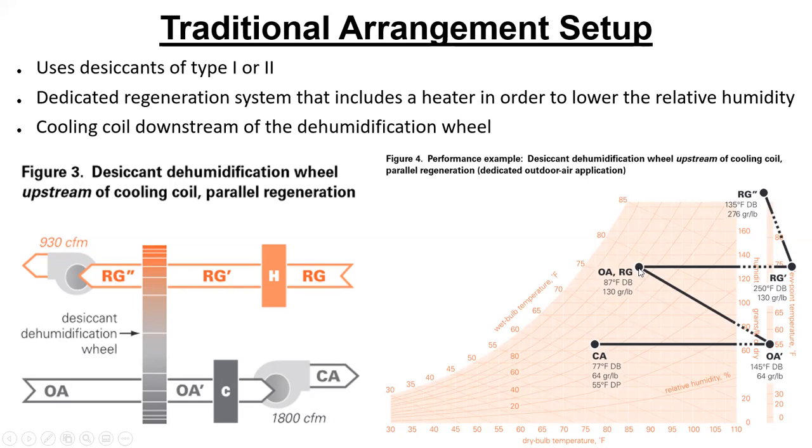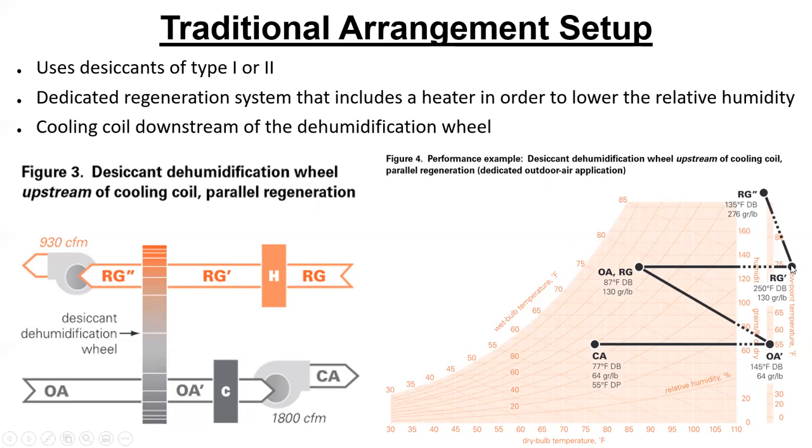Okay, so on the regen air, we come in and we go across that heating coil, this H over here. That's just, we're burning natural gas or we've got steam or something going in there to heat it. And so we have a sensible heating line that goes off the Psych chart. And we wind up here at RG prime, which is 250 degrees. Holy moly. We've got to spend some natural gas or use some energy to get out there. And it's the same 130 grains per pound because we haven't changed the moisture. All we did was sensible heating. So y'all know how to do that, and you can calculate the numbers and all that sort of thing.